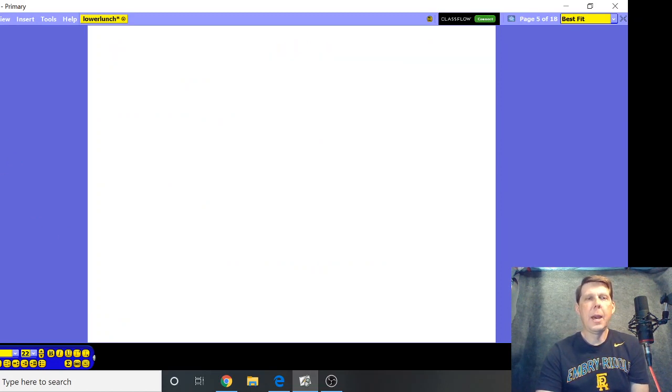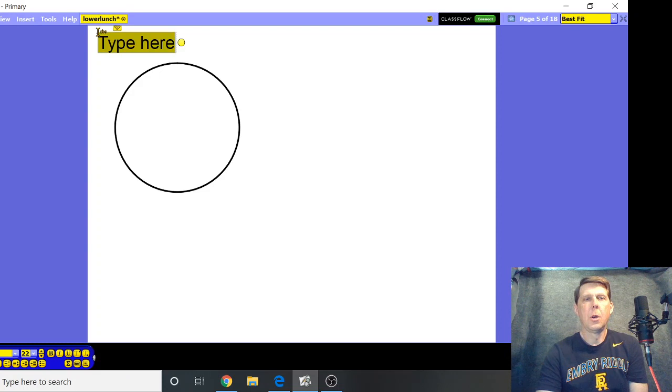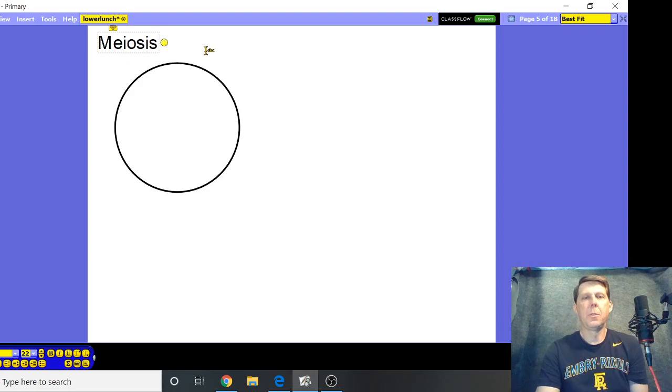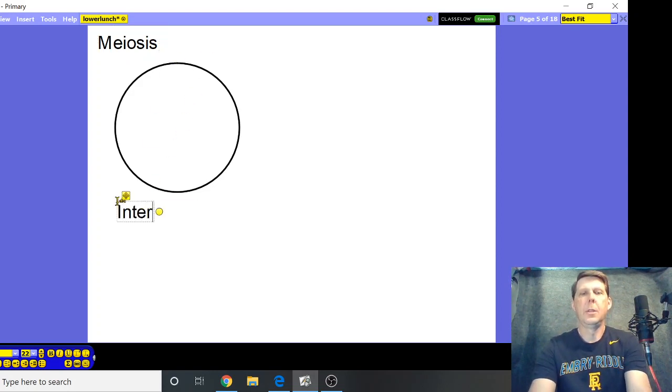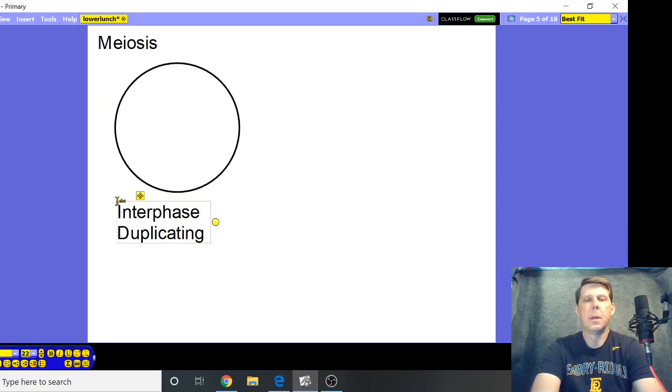So let's look at here. If I was starting meiosis, think to yourself, what should we label this first step? And hopefully you're thinking interphase, just like for mitosis. And what's going to happen here? What are we going to get? We're going to have duplicating the DNA,